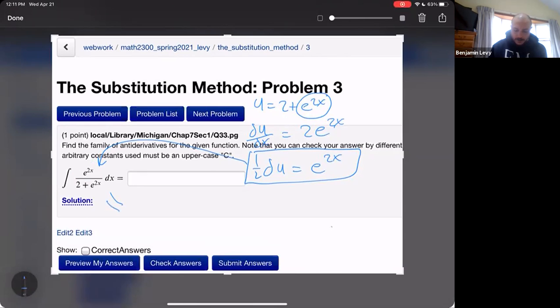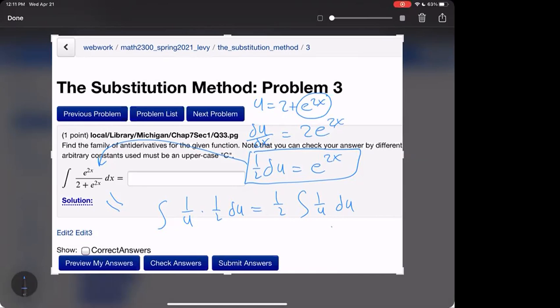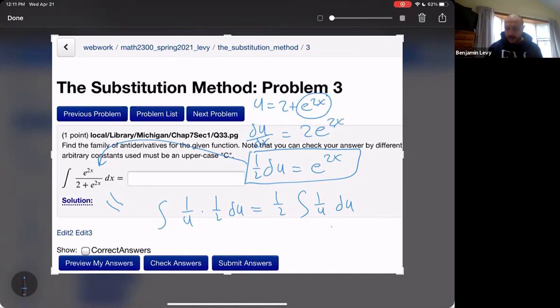So then when I make the substitution, this becomes, again, integral of 1 over u times 1/2 du. So it's a similar kind of thing where you have 1 over u again, and you're going to do ln. Let me just pause there and see if that looks okay. I forgot to write dx in the last thing. Sorry about that.